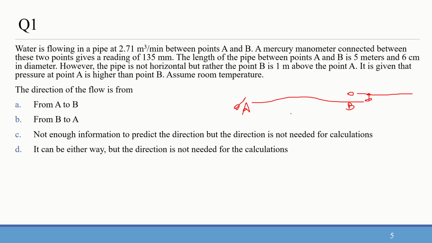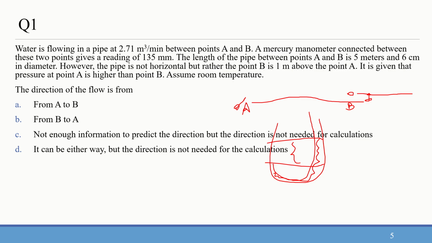And we are connecting a mercury manometer and the height difference in the mercury manometer is also given. Like generally it will be like this, right? This is filled with mercury. So this height difference is also given as 135 mm. So with that we need to find out whether flow is happening from point A to B or from point B to A. That is the simplest question, because we need the direction, so we can straight away eliminate C